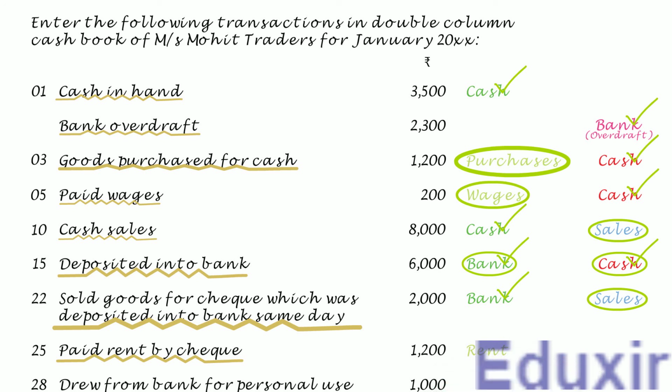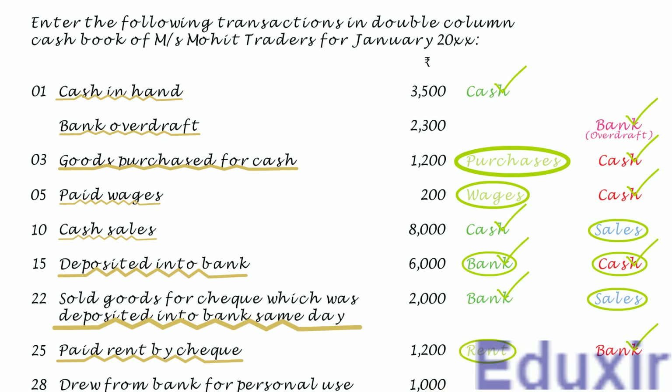At the same time, as the payment of rent is done by issuing a check, and as this check will be realized, the bank asset of the business will be decreasing. The rule to record any decrease in the asset is to credit the corresponding assets account. In this case, the bank account should be credited. In this case, as you can see, the bank is on the credit side. So it needs to be posted on the credit or payment side in the bank column of the cash book. Note that the particulars that need to be posted into the payments column of the cash book is rent account.